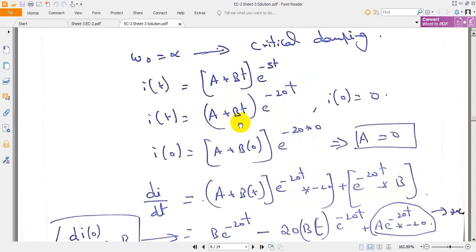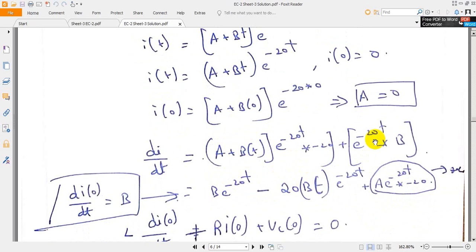So 0 plus b, you can write it as b. So the complete expression, when you simplify this, you will get di by dt is equal to,